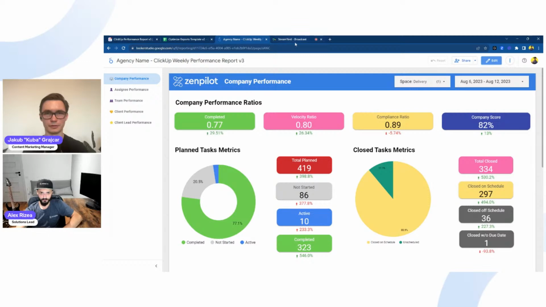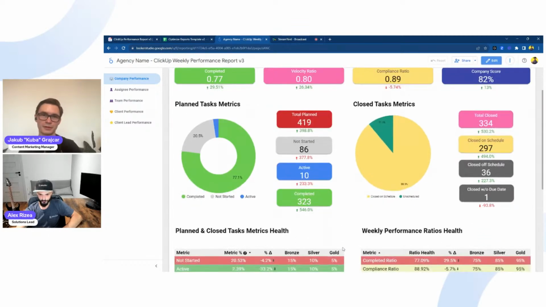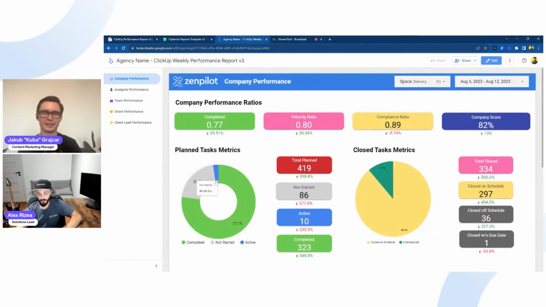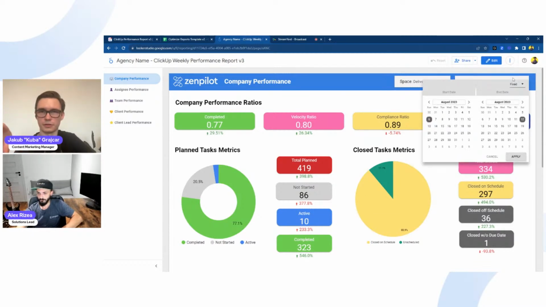And this was pretty much it. An insight on what ClickUp can give you reporting wise. If you thought, oh, ClickUp dashboards are limited, it can give me that much. And is it possible to change the time horizon there? So for example, I can see this is August 6th to 12th. Yeah, obviously. So you can get custom time ranges depending on how often you're extracting this data.